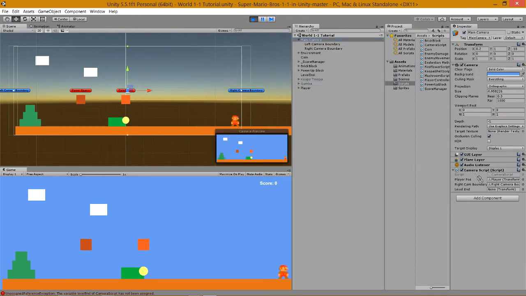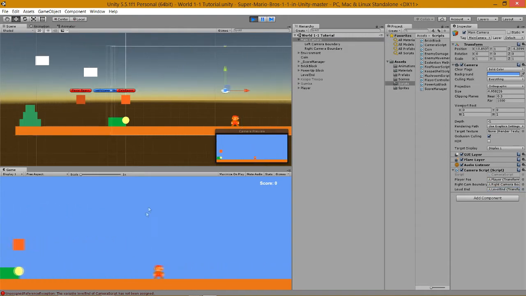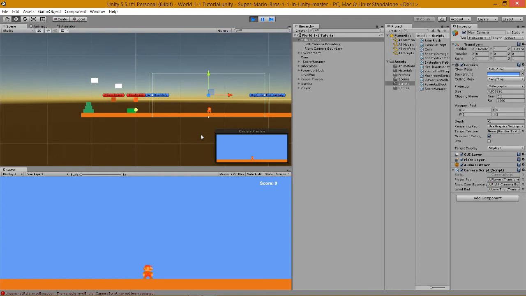So the level end is yet to be assigned. Okay, here we go. So if I attach the level end, what it's doing now,